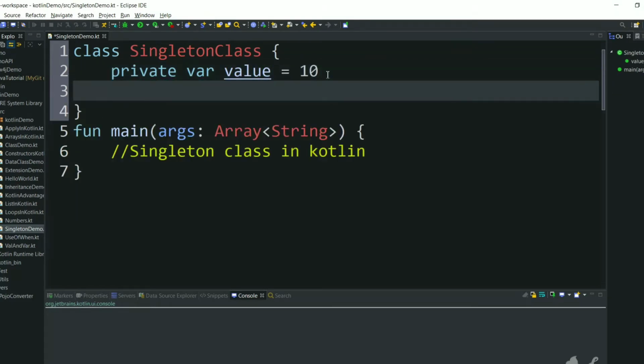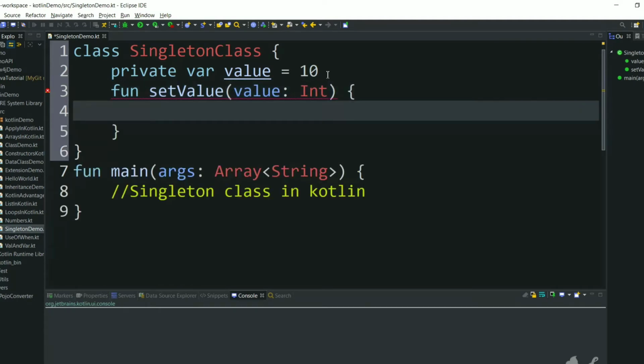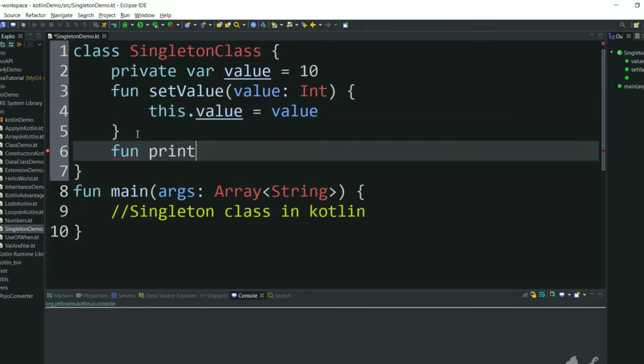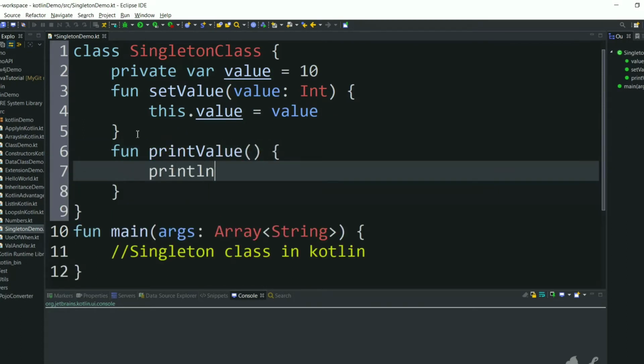We will create a function for setting the value, which changes the object's value to the passed value, and a function printValue, inside which we will use println and print the value.